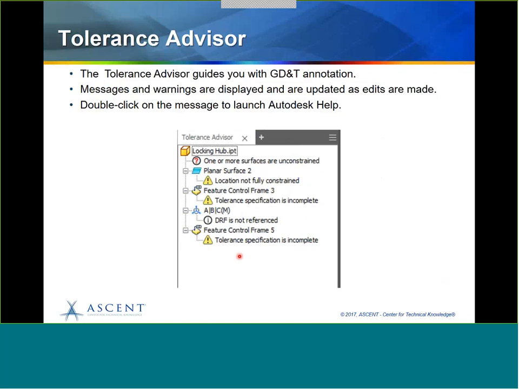I've got the image. It provides informational messages. So this I symbol, it's informational, so it's not a failure or anything. It's just, hey, this is information that this datum reference frame has not been referenced. There are also indications of warnings where it says a tolerance might not be completed. So it's just really guiding you in terms of your